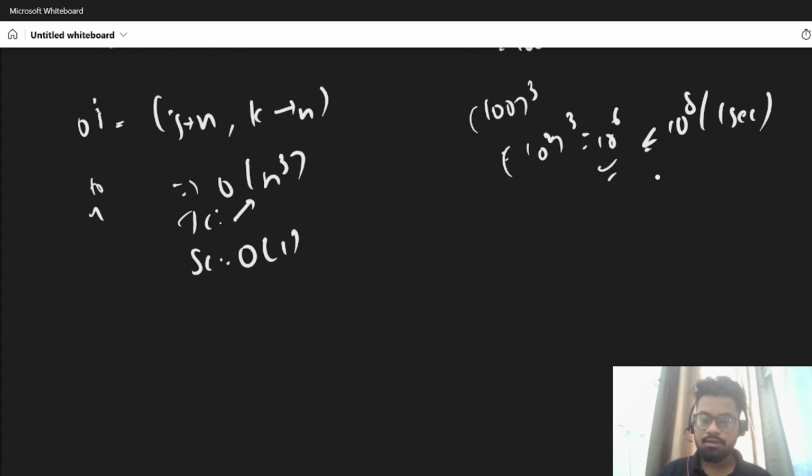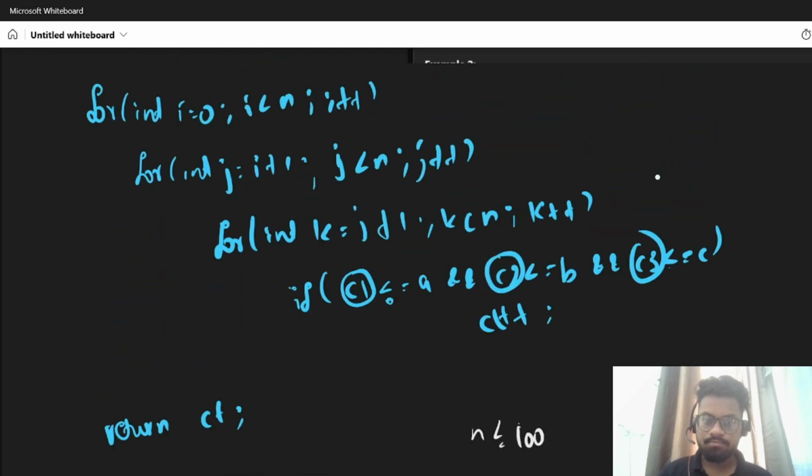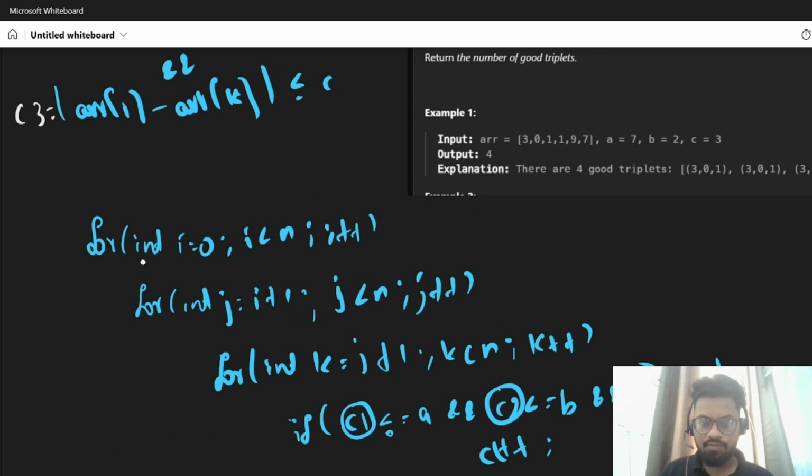For that, if you carefully observe, we need to get rid of one of the loops. Suppose we want to get rid of the kth loop. What we are trying to figure out is, suppose the value of i is here and the value of j is here, and conditions 1 and 2 are met, then we need to figure out the other values that satisfy the condition for k on the right side of the array, which is difficult to find. So for that we need to iterate for k as well,